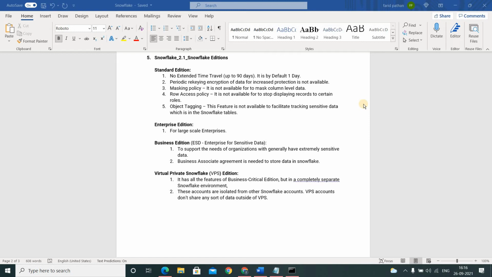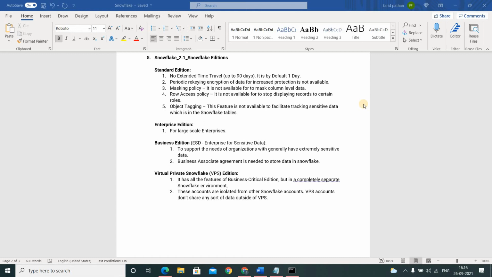And the second one is periodic rekeying encryption. This feature performs encryption periodically on the data. This helps for increased protection of the data.